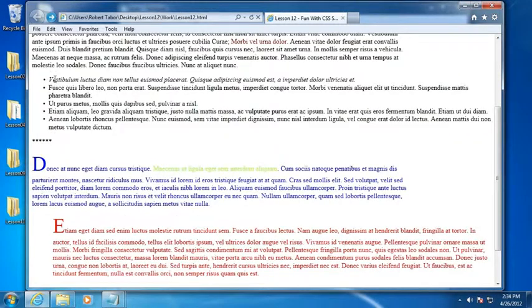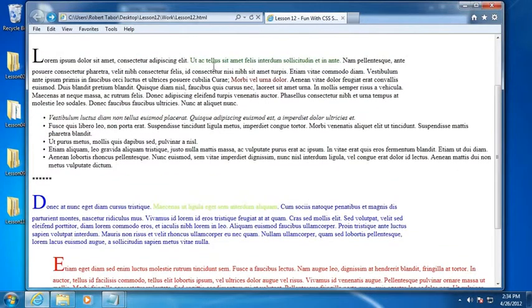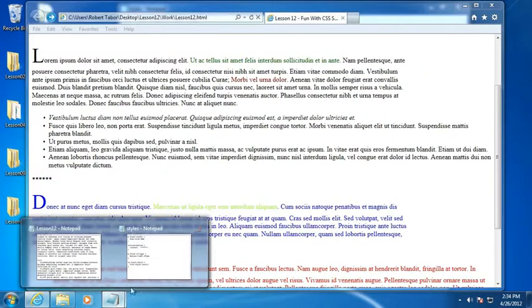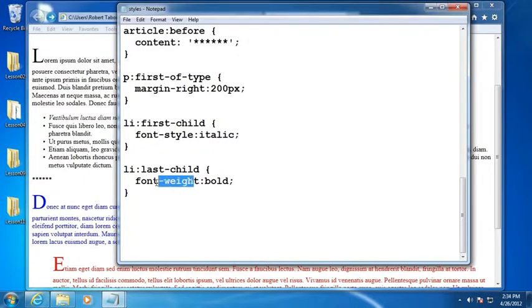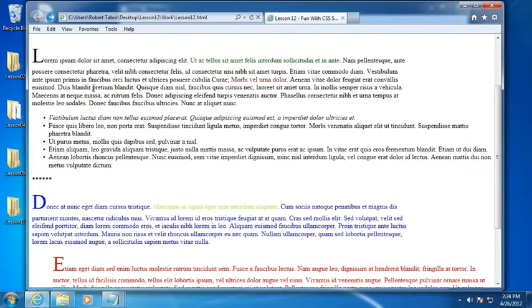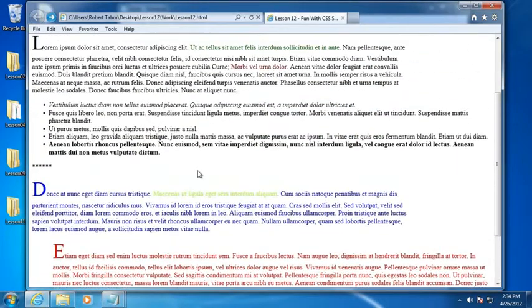And as we would expect, this very first list item is italicized. We can do the same thing with the last child. And so we'll go font-weight: bold. And again, we haven't talked about any of these properties. That's what the remainder of the series is for. Right now we're only focusing on these selectors, okay? Just to make sure you understand, I'm going to come back to those concepts. And we're just kind of throwing these out here. But you can see now the last child is